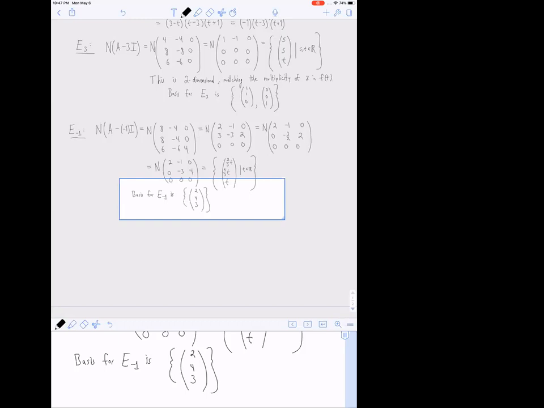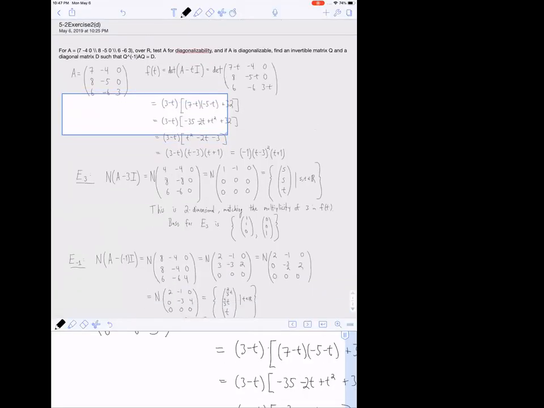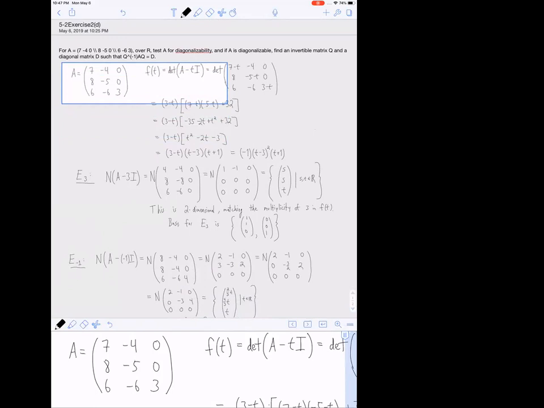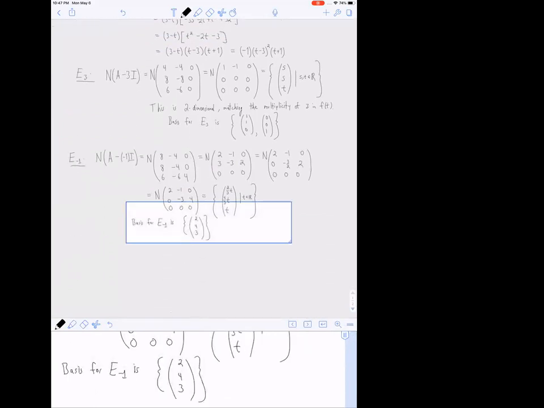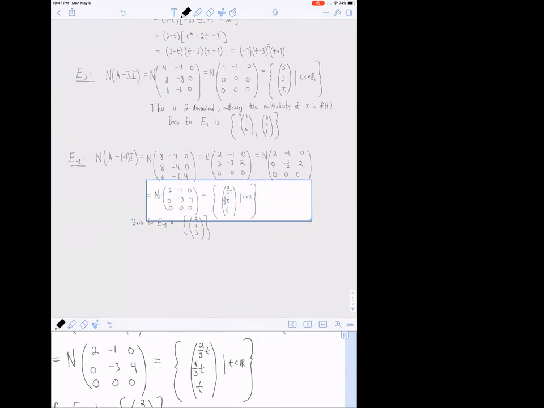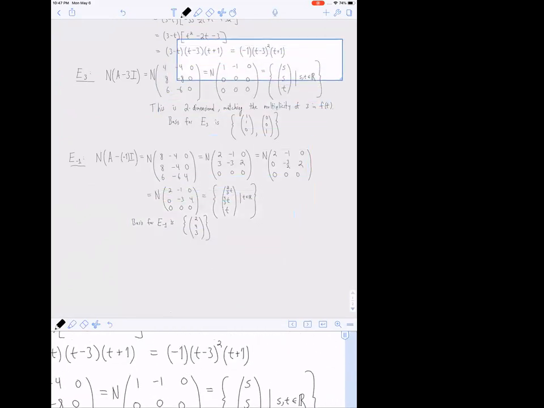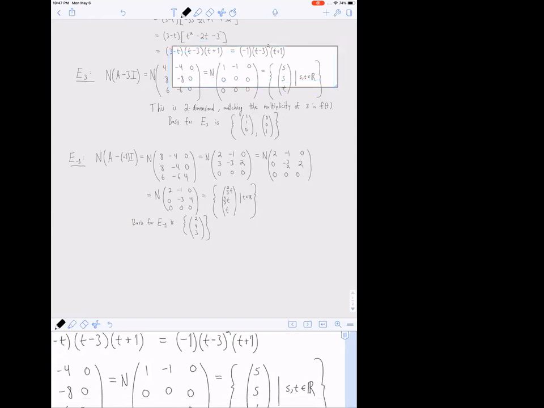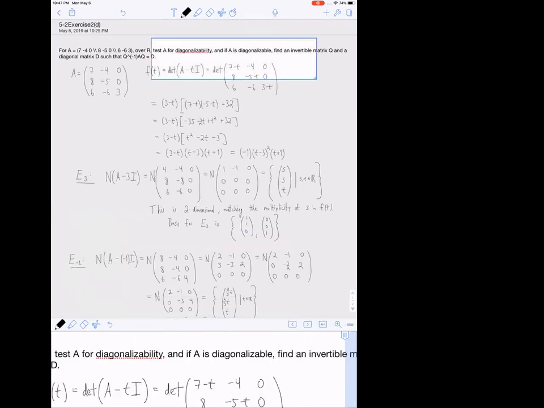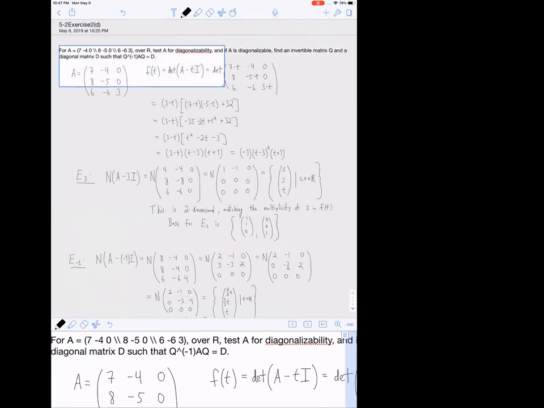Again, you could actually take that vector now, multiply it by the matrix A, and check that you end up with -1 times this vector 2, 4, 3 to verify that yes, in fact, this is an eigenvector. And since the eigenspace is one-dimensional, every eigenvector will just be a scalar multiple of that one eigenvector. Great. So now we have bases for each of the respective eigenspaces. We know that the dimensions of each of the eigenspaces matches the multiplicities of each of the eigenvalues in the characteristic polynomial. So all that remains from the instructions is to find the invertible matrix Q and a diagonal matrix